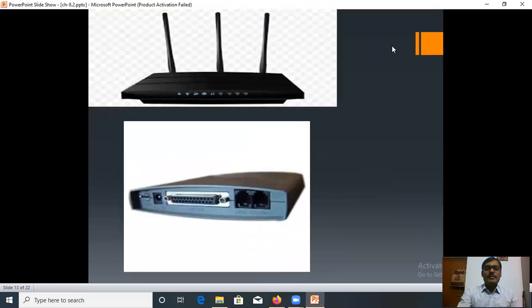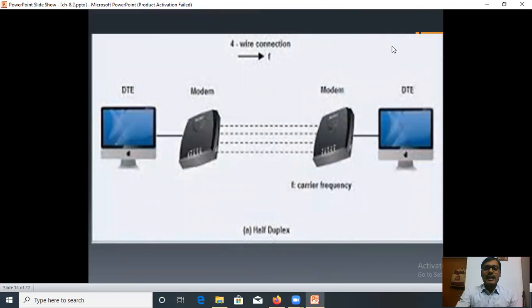But first of all, you should see a picture of a modem. You can see there are many different types of modem. Here you can see the sender computer. It is sending the data, and here this is the receiver computer, and the data is transmitted through telephone lines. So the digital data is first converted into analog data through modem and it is transmitted through telephone lines. Again, the analog data is converted into digital data and it is transmitted to the computer so that the receiver computer can understand the data.